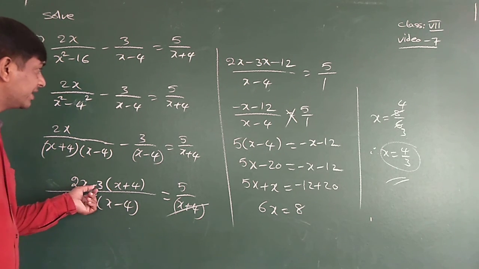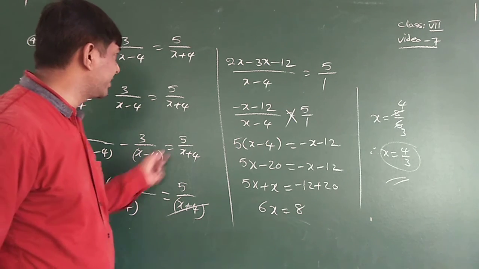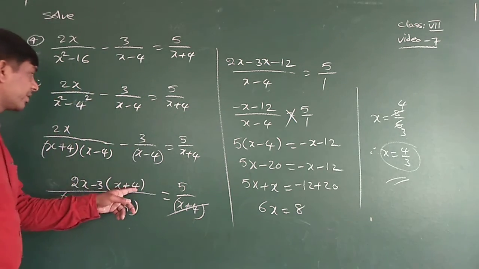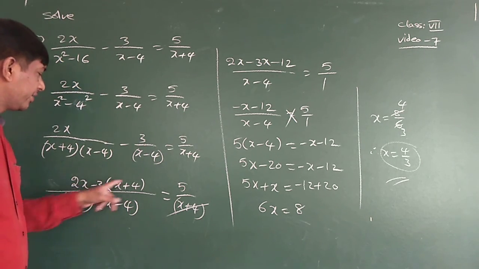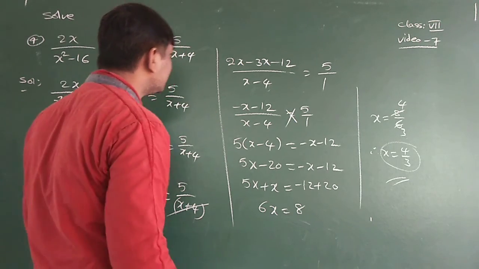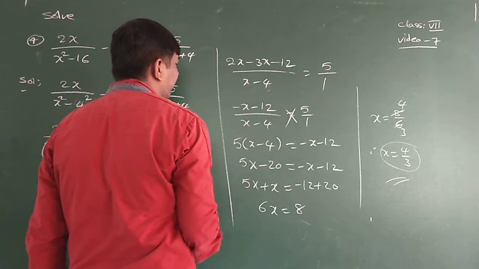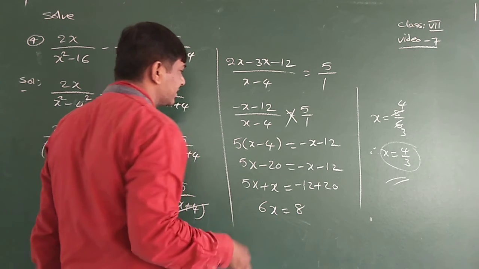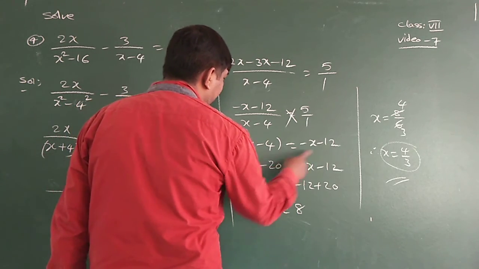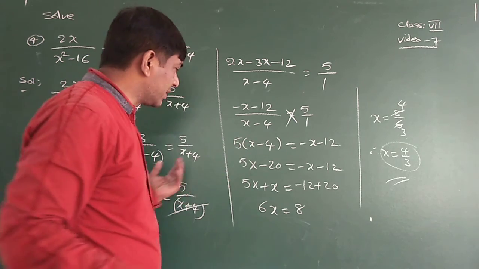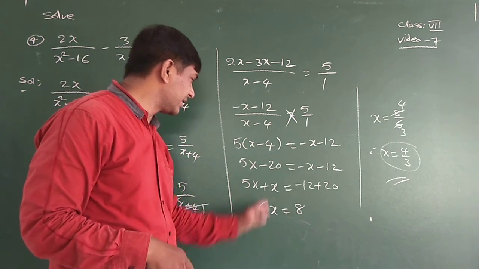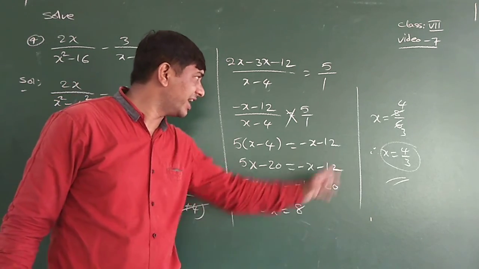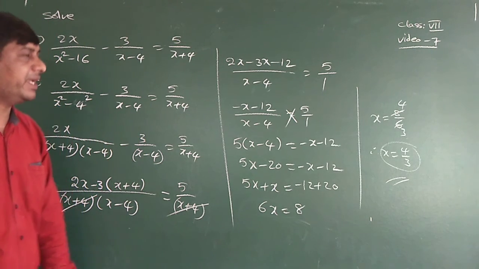So 2x minus 3 into x minus 3 into plus 4, minus 3 4s are 12, by x minus 4. Be a little careful; in a hurry I wrote it wrong earlier, and I corrected it. 3 into 4 is 12 by x minus 4. Now minus x minus 12 by x minus 4 is equal to 5 by 1. Cross multiply: 5 into x minus 4, 1 into minus x minus 12. So 5x minus 20 is equal to minus x minus 12. X terms on one side and constants on the other side: 5x plus x is equal to minus 12, and minus 20 becomes plus 20. 6x is equal to 8. X is equal to 8 by 6. X is equal to 4 by 3.